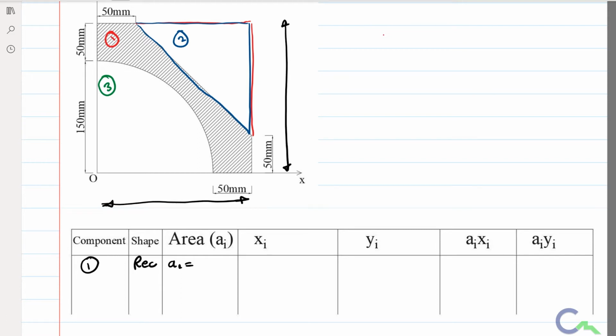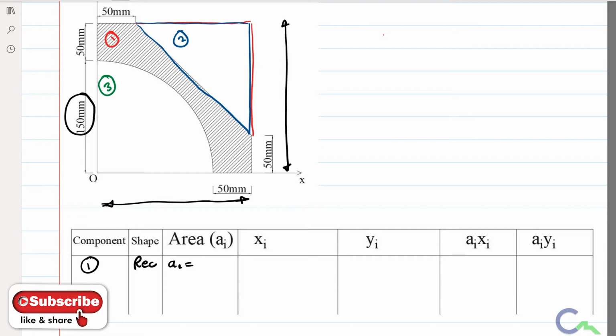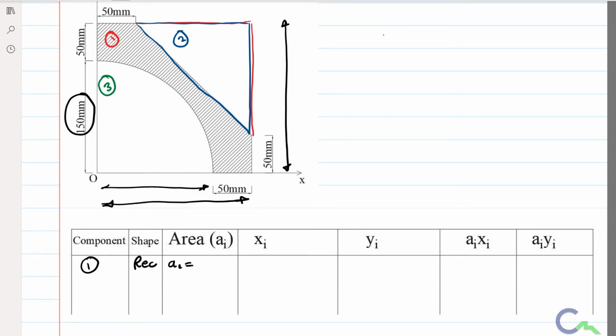height. In this case, for the base of the rectangle, if I see here, the given radius is 150. Therefore this distance will be 150, and the total distance will be 200 mm, 150 plus 50, that is 200. Therefore area will be 200 into the height of the rectangle, again 150 plus 50, that is also 200. If I do the calculation, A1 is 200 into 200, and I will get 40,000.